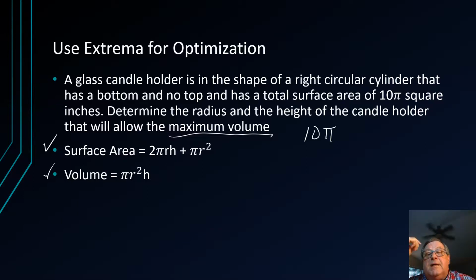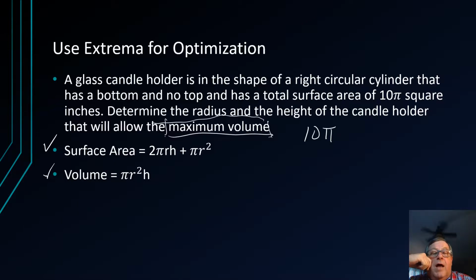In fact, I'm asked to find the radius and the height. And where it says maximum volume gives me a clue, and in particular, since I'm in a chapter or section on Extrema, we're going to find that by graphing it and finding the Extrema